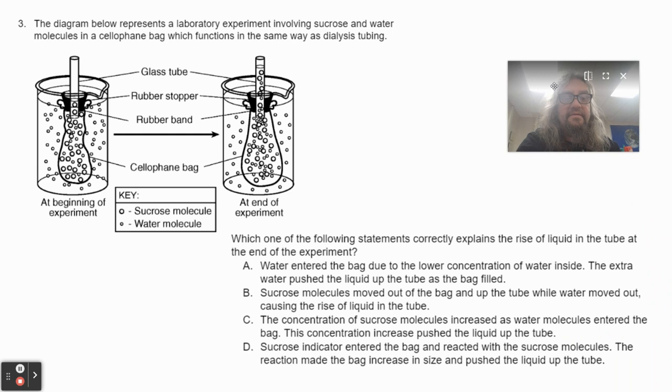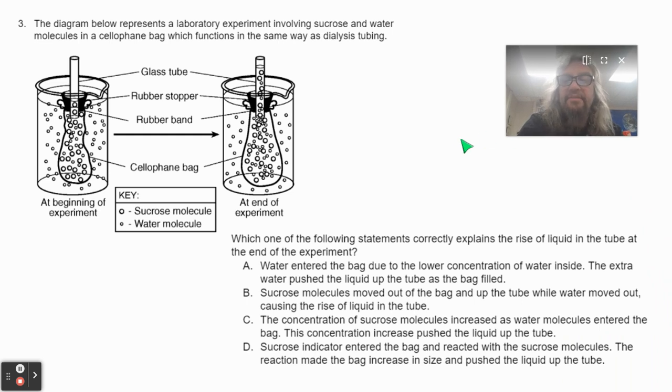Number three. The diagram below represents a laboratory experiment involving sucrose and water molecules in a cellophane bag, which functions in the same way as dialysis tubing. Here's the beginning of the experiment, and here's the end of the experiment. Okay. Which one of the following statements correctly explains the rise of the liquid in the tube at the end